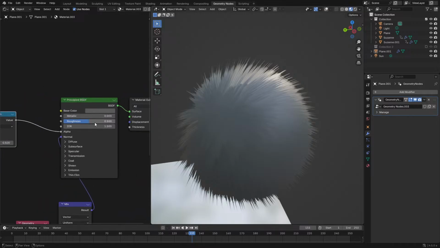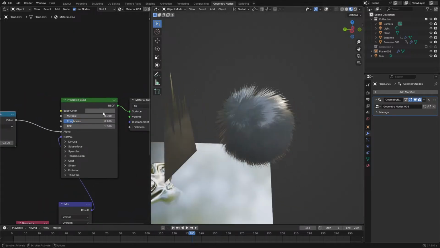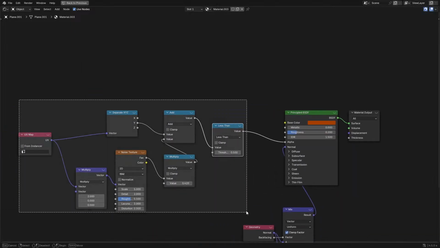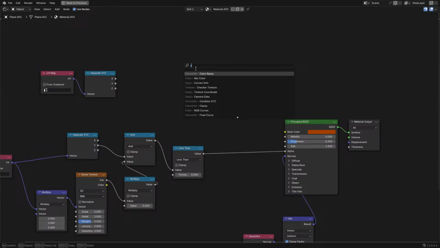Yeah, what else can we do with this? We can turn up the shine. Like, look at that. If you ever wanted wet fur, that would work very well. Again, changing the color. Yeah, let's just take this to its natural conclusion, where we just put on some cool colors and stuff like that. Actually, let's use a hue